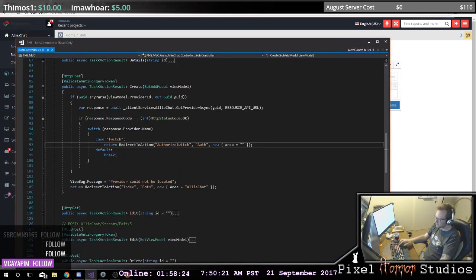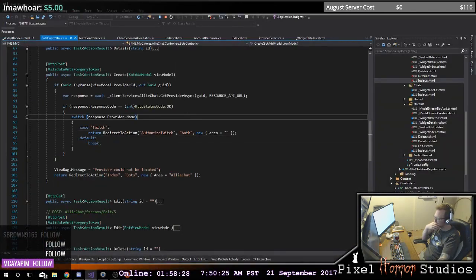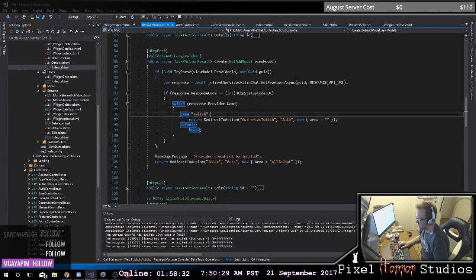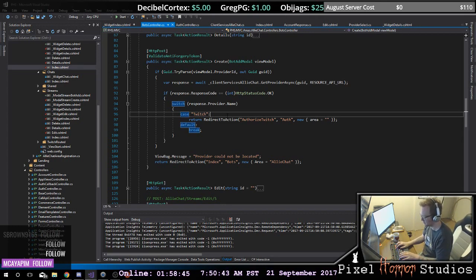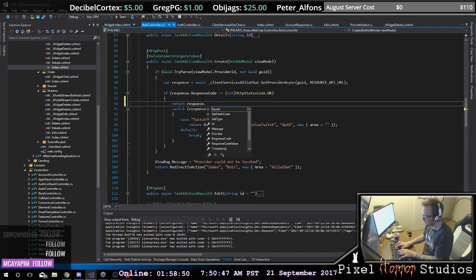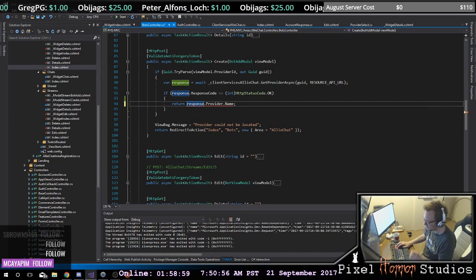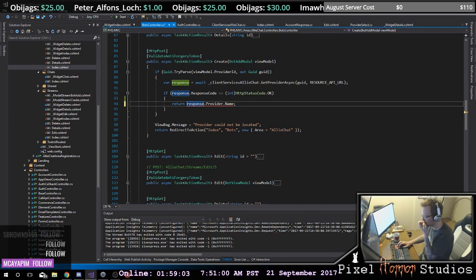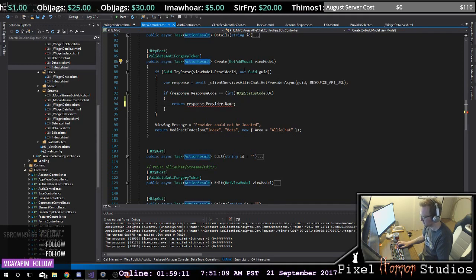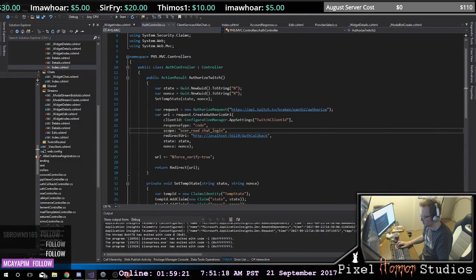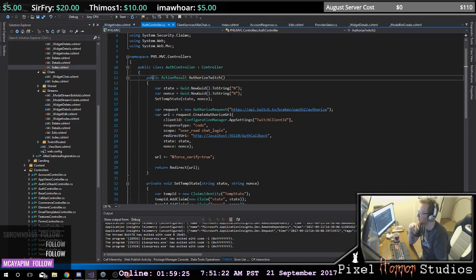Okay, so let's do it like this. When you do your create response here, the only thing you want to return here is the like that, right? Because you don't want to necessarily return that as a partial. You do want to return this as a string. So instead then, here, in your index,